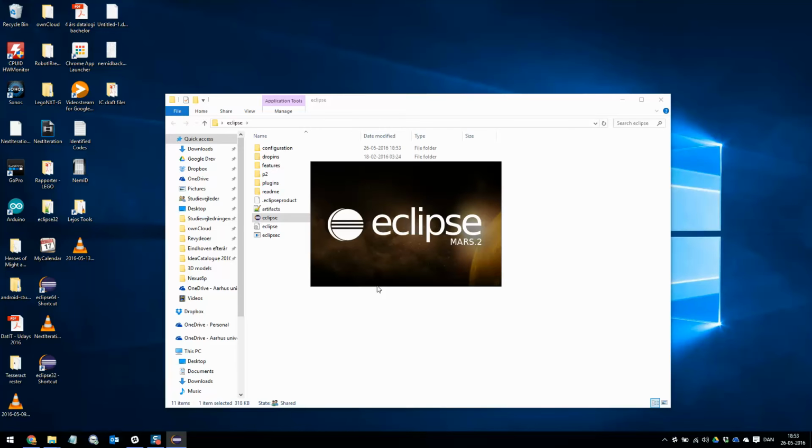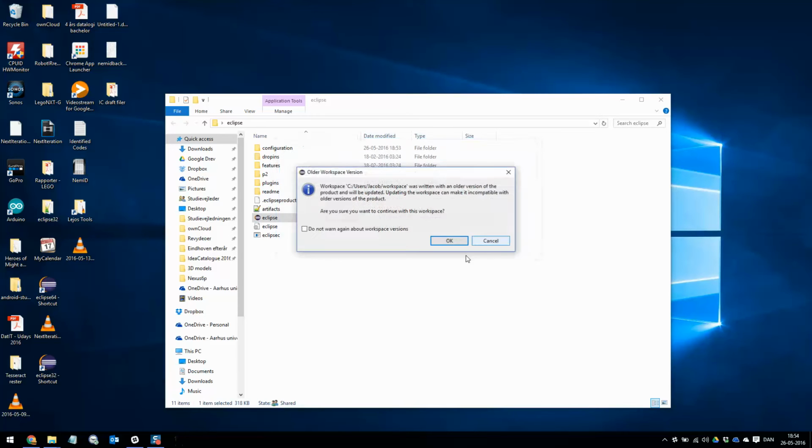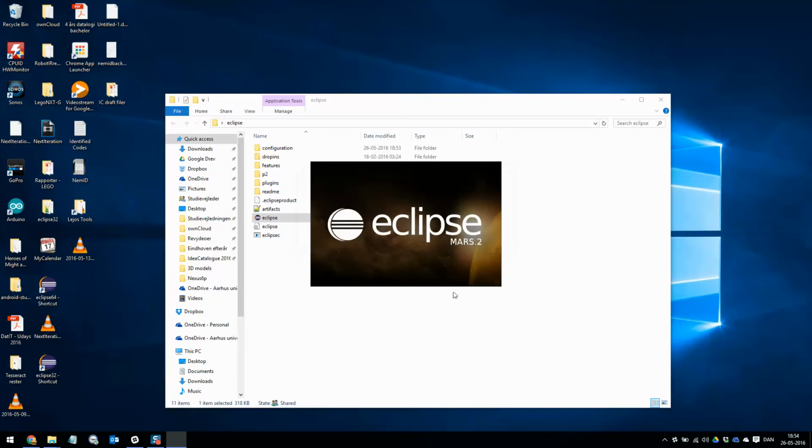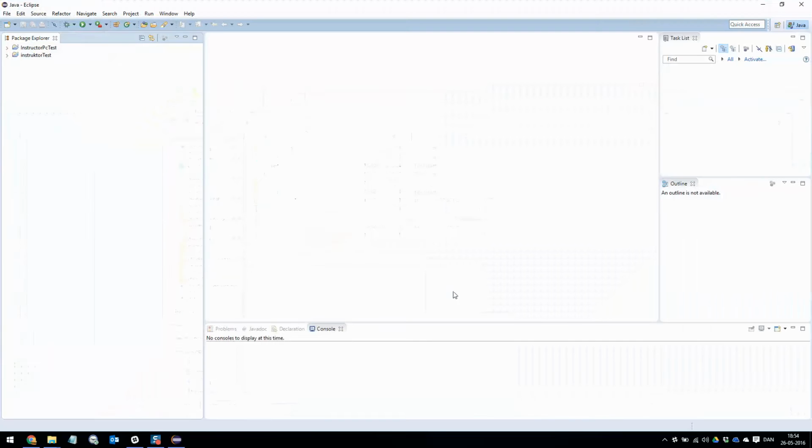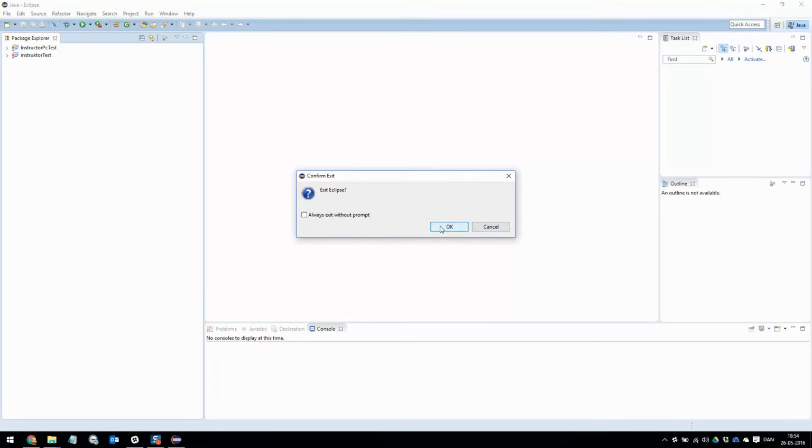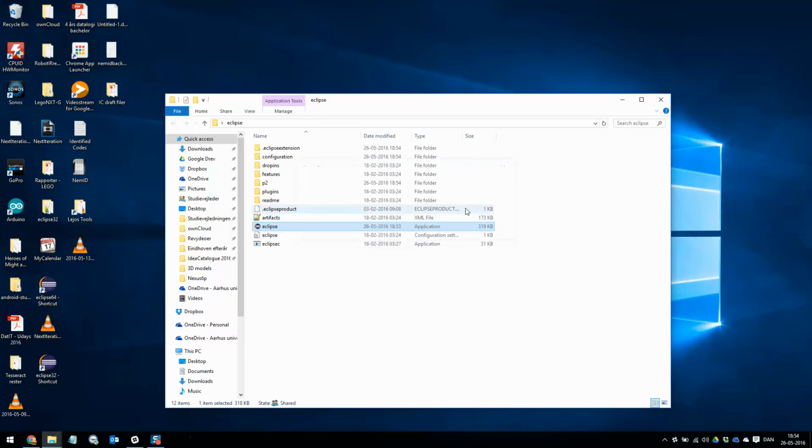Eclipse Mars 0.2. Workspace, yeah, sure. And it loads pretty neatly. Great. So, next,